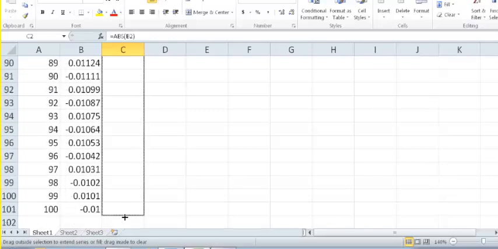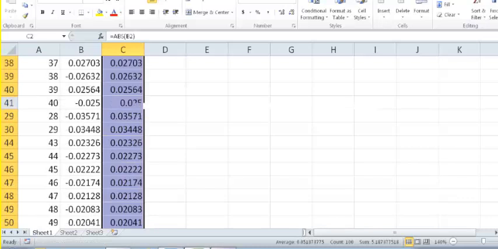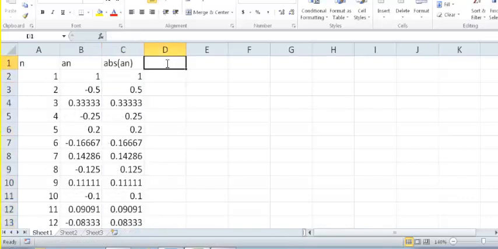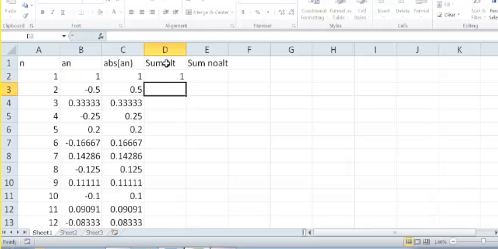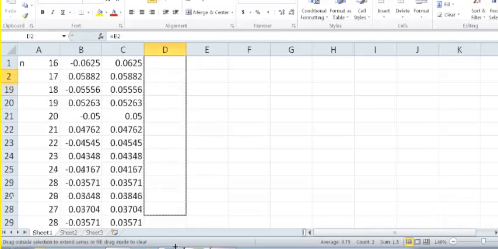And so then I have my summation from my alternating series and my summation from my non-alternating series. Here it's just equal to that value, and the same here. Then the next value in the sum is the first value plus the second value. And so we get 0.5, so it goes down. And if I copy that down to 100, you'll see the number